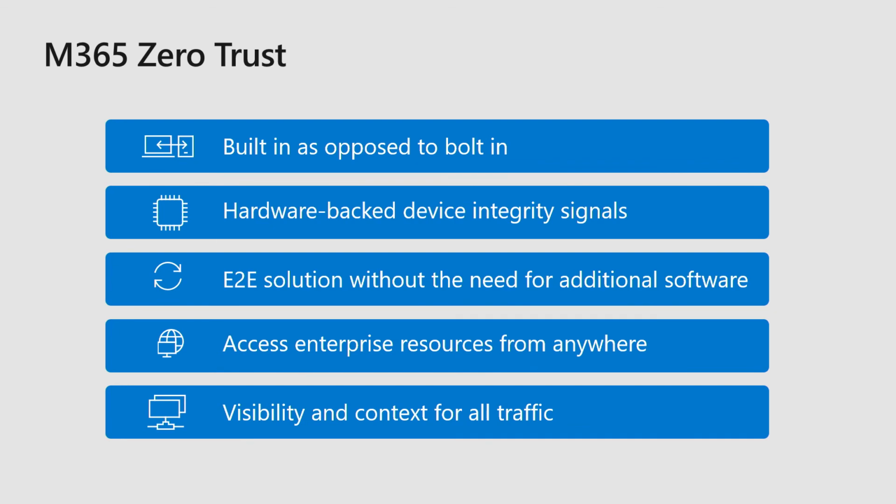The second differentiating factor is only Microsoft has that vertical engineering of owning the OS kernel, owning the hypervisor, owning the client, and the whole cloud to build this vertically integrated story that roots trust all the way down to the hardware, which is the gold standard. You have an end-to-end solution with just an E5 license. You can literally build this entire thing with just E5.